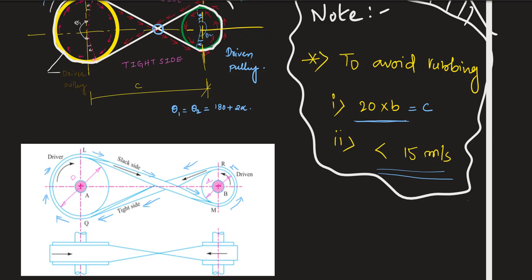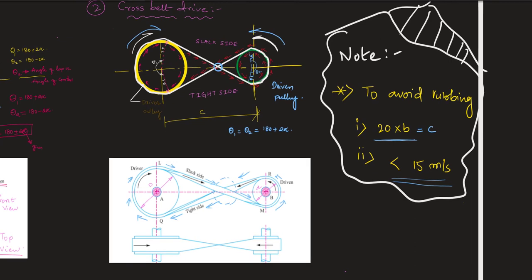If we adopt these particular conditions, then we can reduce the rubbing of the belt. Once again, let me repeat this. To avoid the rubbing of the belt at the middle portion of the cross belt, we'll be following two conditions. One is the maximum center to center distance should be 20 times the B, and another one is the velocity of the belt should be less than 15 meters per second. So from this we can also draw a conclusion: